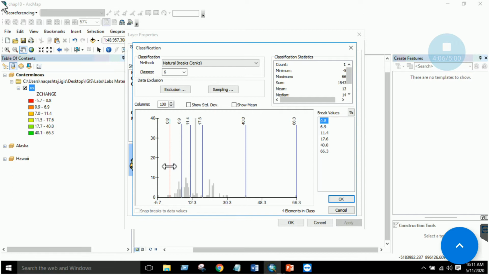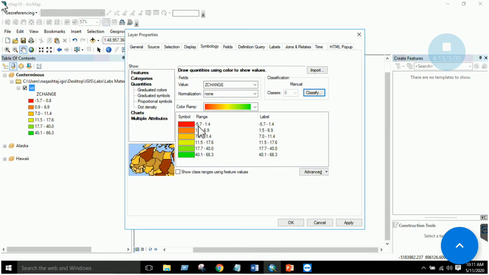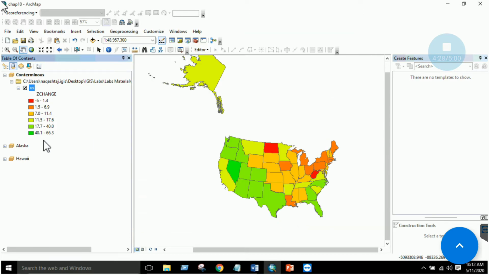Starting from this, you can change the range from here. For example, this is 1.4. So here you can see that my new values are from minus 5.7 till 1.4. You can change the label over here, for example, I want minus 6 till 1.4, and click apply. Okay, so these labels will be changed.